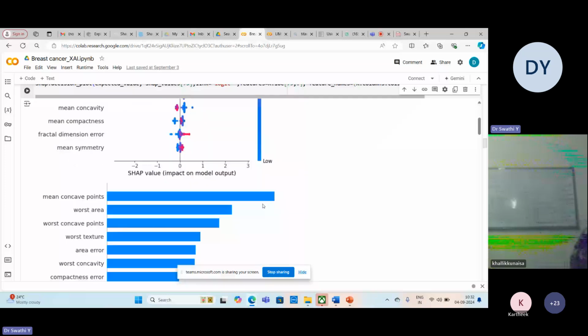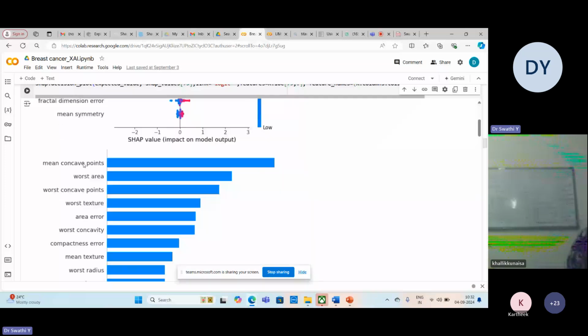This is my individual plot showing which feature has the highest value. Feature-wise, it will be sorted, with the highest values and similarly the low values. So this also you can see using SHAP.